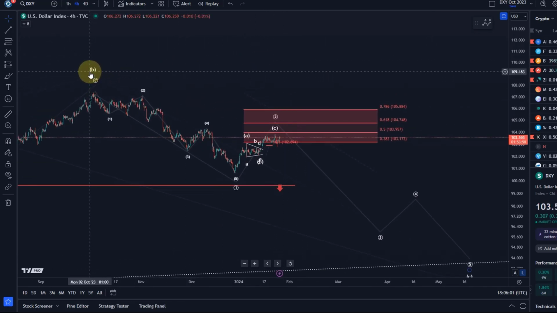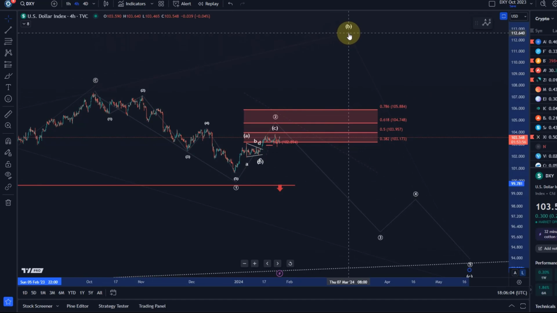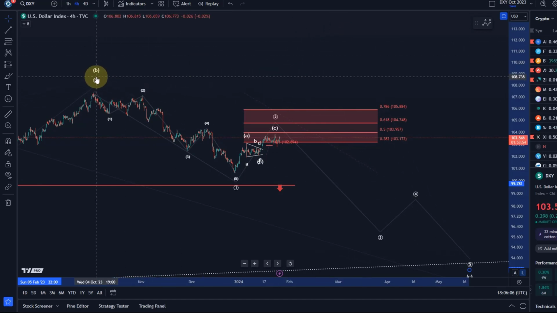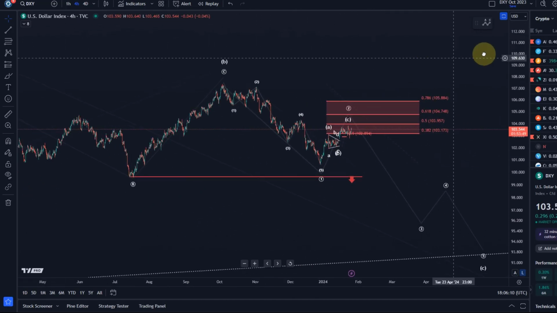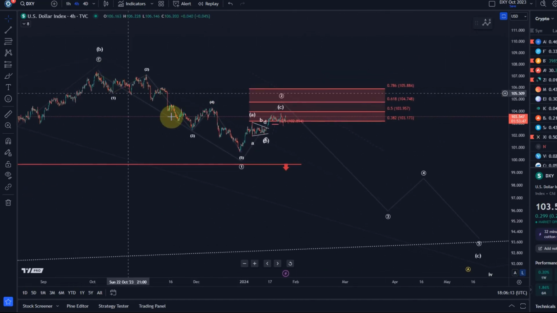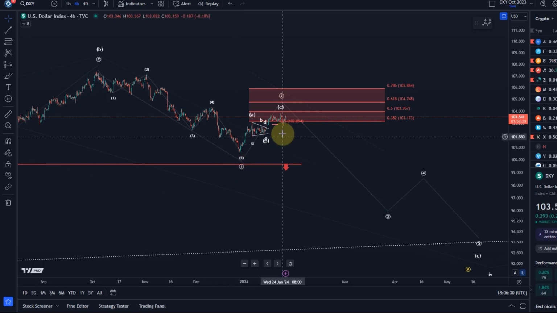Maybe the only one I really have is a high B wave, that this is going to extend a little higher. The B wave still has plenty of space if it needs to, but that's not the expectation at the moment, because we had 5 waves down. Not the cleanest, but I can justify a 5-wave move down, and as long as the rally remains corrective, and as long as the rally remains below the 78.6 Fib level, further downside in a 3rd wave is expected. So that's basically the main thesis here.